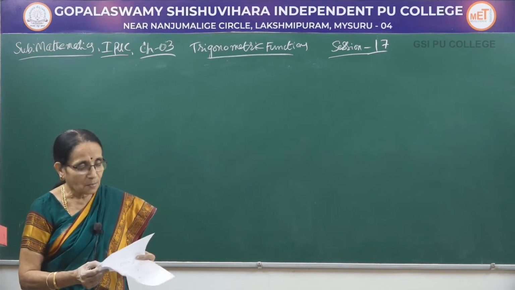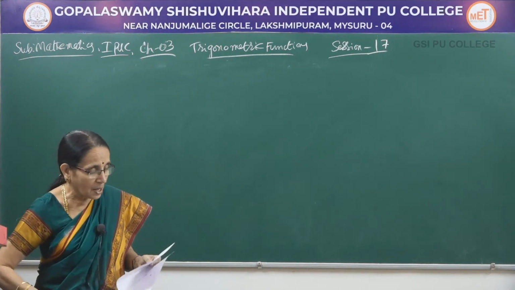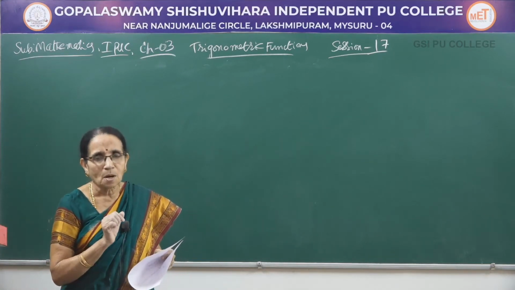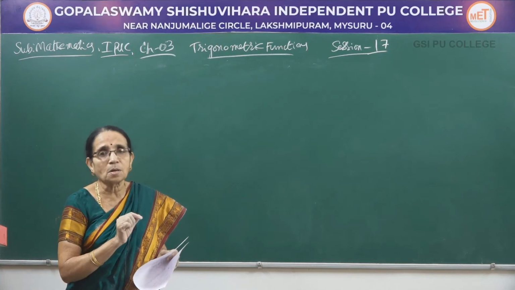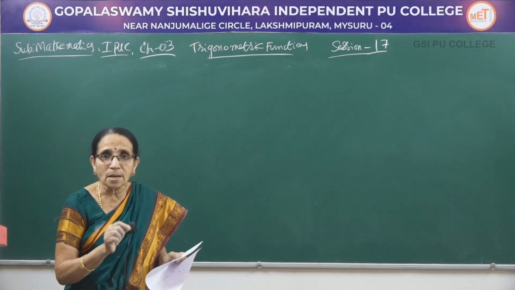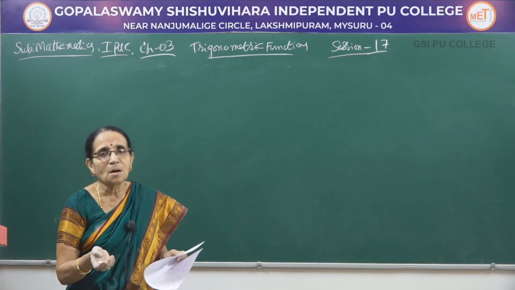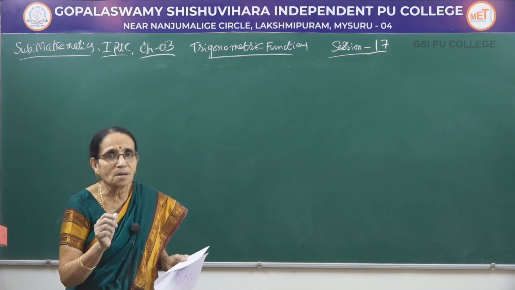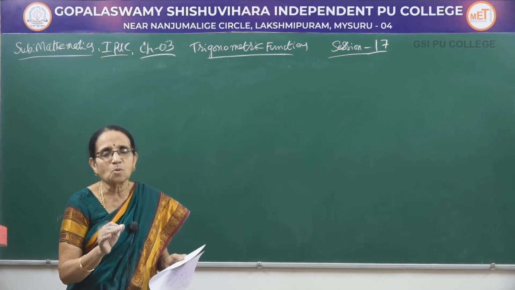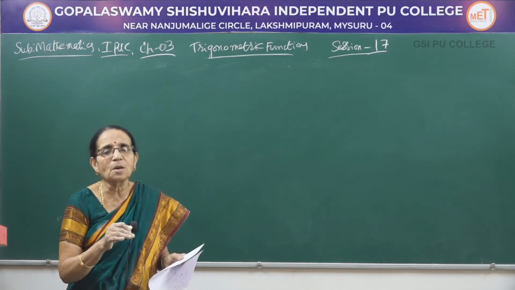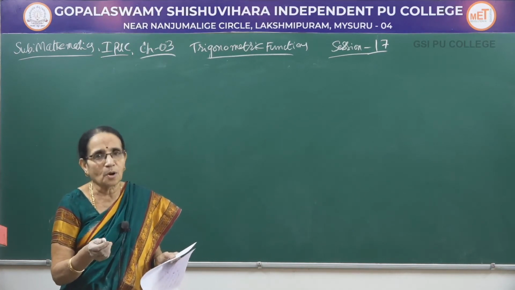See, in this problem, I am having two terms. Each term is a product of two terms. So, first I have to convert that product into sum or difference. Then we may have to use again the transformation formula the other way, that is sum or difference to product, because the right hand side is again a product. So, that is what I told you, you have to be familiar with all the formulae. In the same problem, we will be using more than one formula.